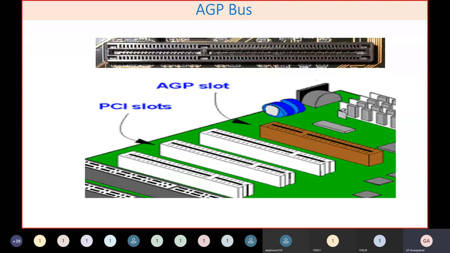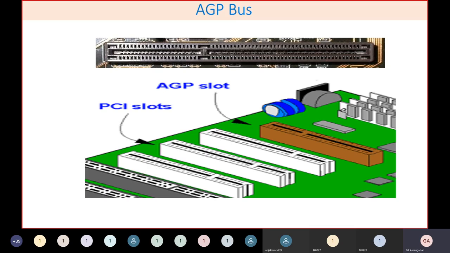If you want to identify this port, it is very easy. You'll find a gray colored, separate slot on your motherboard, which is normally called an AGP port or AGP. Sometimes you say bus, but theoretically we should not say it is a bus. It is actually a port. Sometimes you'll find a dark chocolate colored slot, which is also called an AGP port. This picture shows how exactly this port looks and how to locate it on a motherboard.